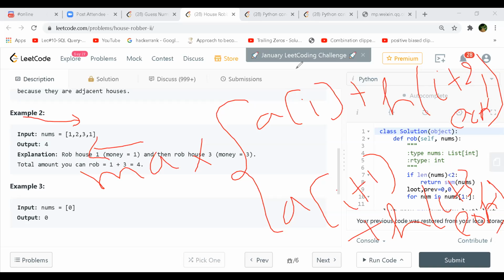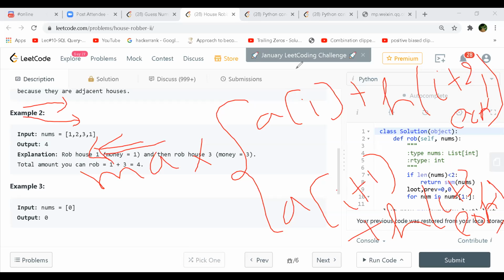Oh, you are saying the candy problem was where we are doing it from the left and right side both? Both sides we are doing. First, we are calculating all the max from here, then max from here, and then adding the values, whichever was giving the result. That approach will work here. Yeah, maybe, but the only thing here is that the constraint is very tricky because we cannot rob the adjacent ones, right?